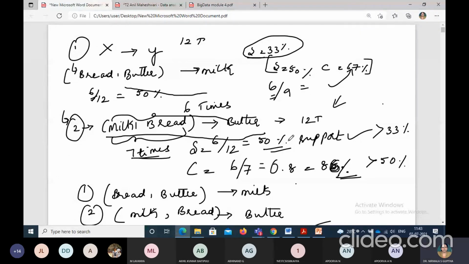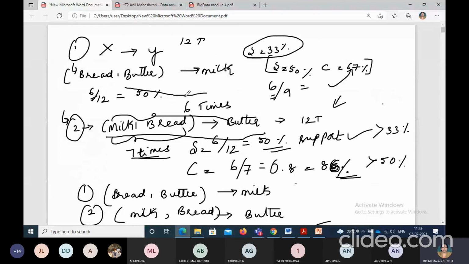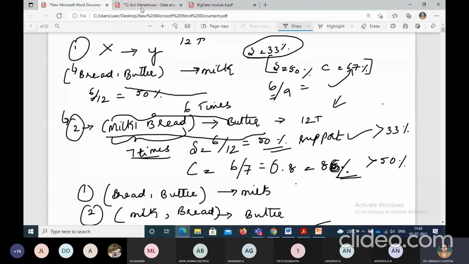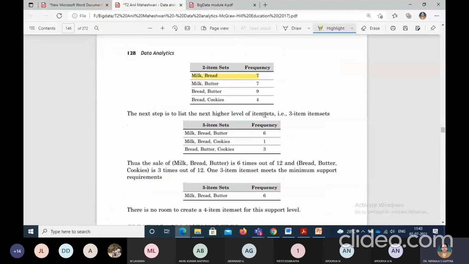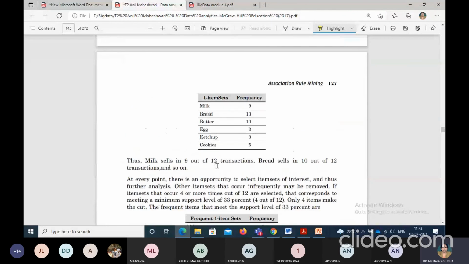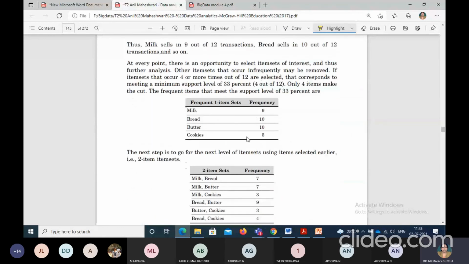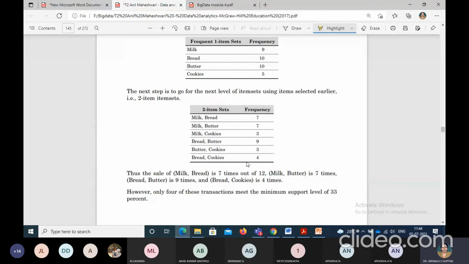Because there was a criterion that it should satisfy the minimum support value. So there we left ketchup, we left cookies, because only cookies and ketchup were occurring with the 3 values. See here, you can make an observation. So this is the one: egg is 3 times, ketchup is 3 times. So that's why we removed this. Then cookies came into the picture when we made the 1 item data set. And again, the combination of 2 item data set.